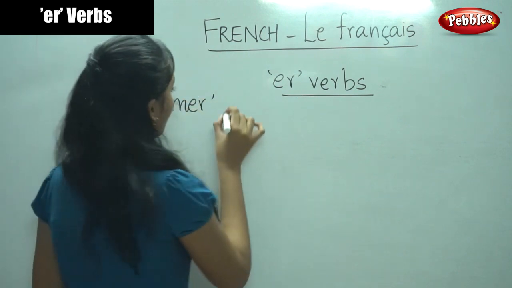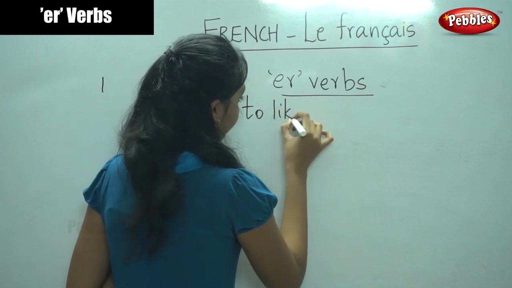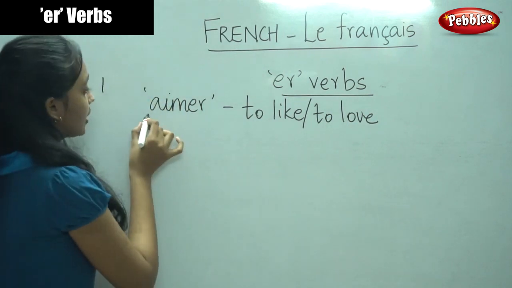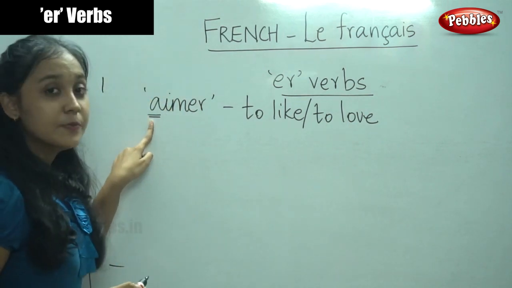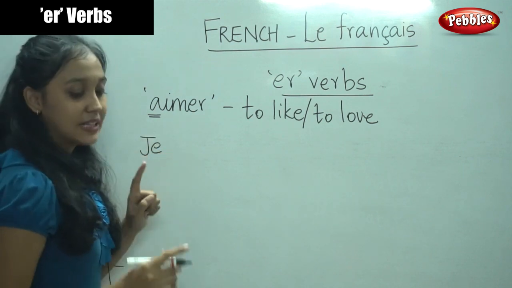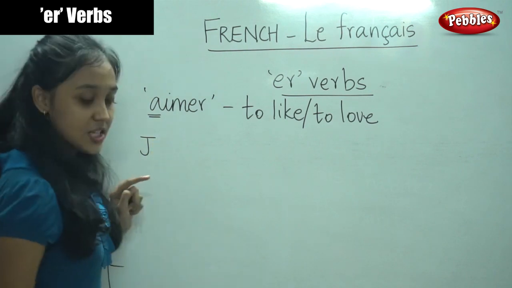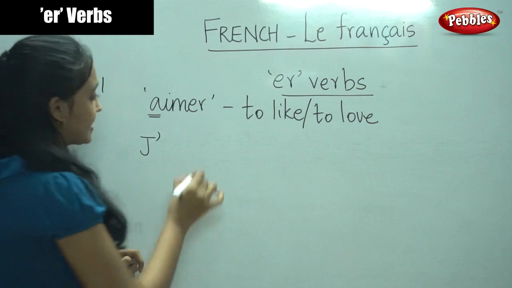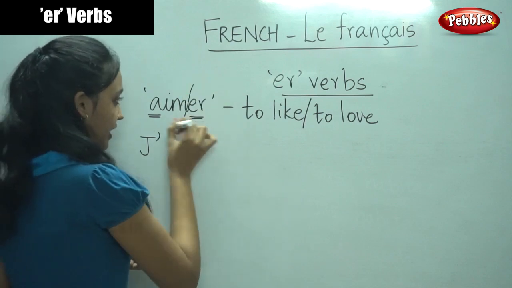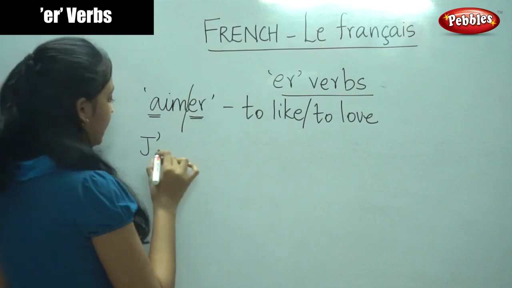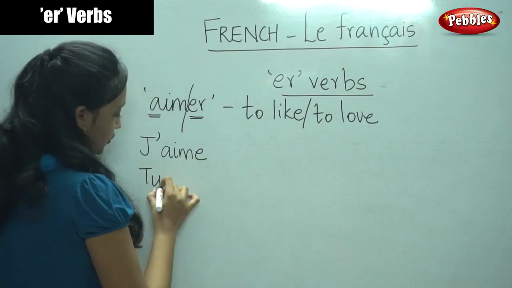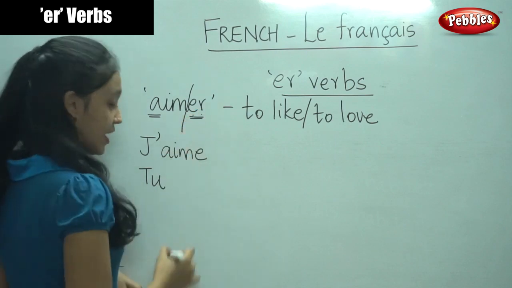which means to like or to love. Okay, so now we notice that this word begins with a vowel. So for the je conjugation, we will have a vowel clash. So we would replace this with an apostrophe. Now it is an ER verb. So what would be the conjugation for je? We would remove ER and replace it with E. J'aime. For tu, we would remove ER and replace it with